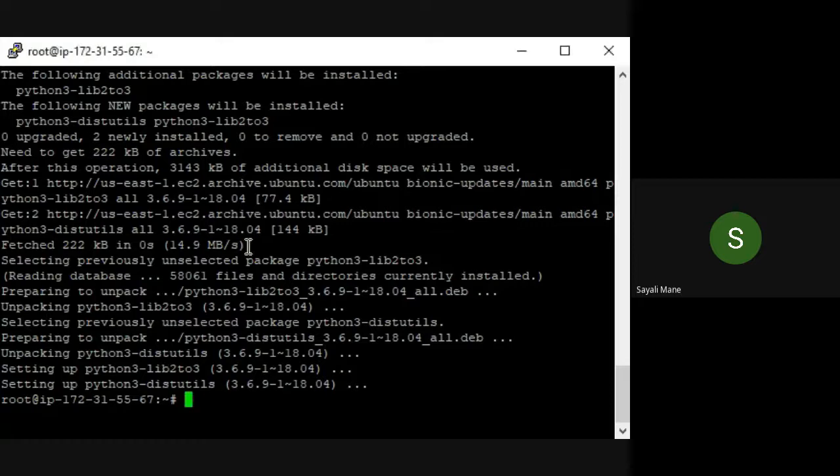And then after that, type this dot slash AWS command again.